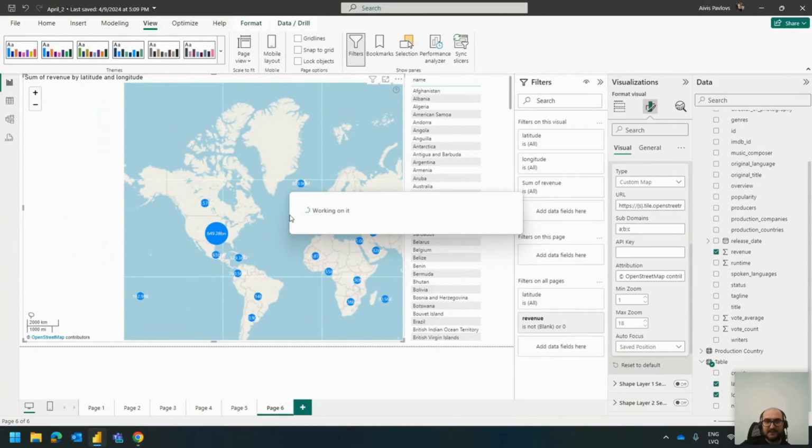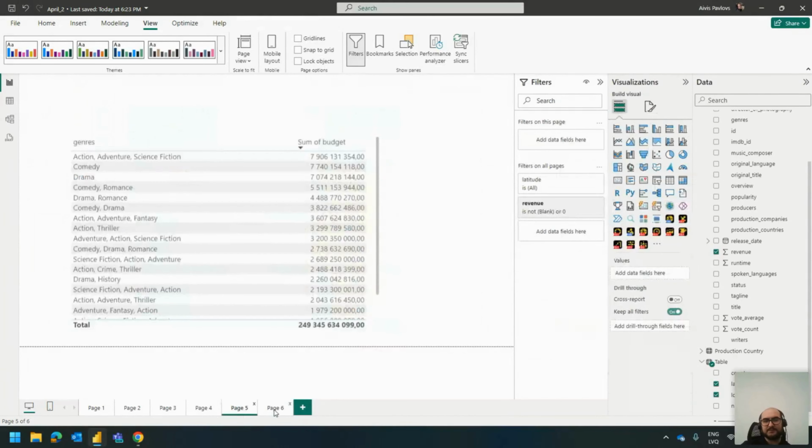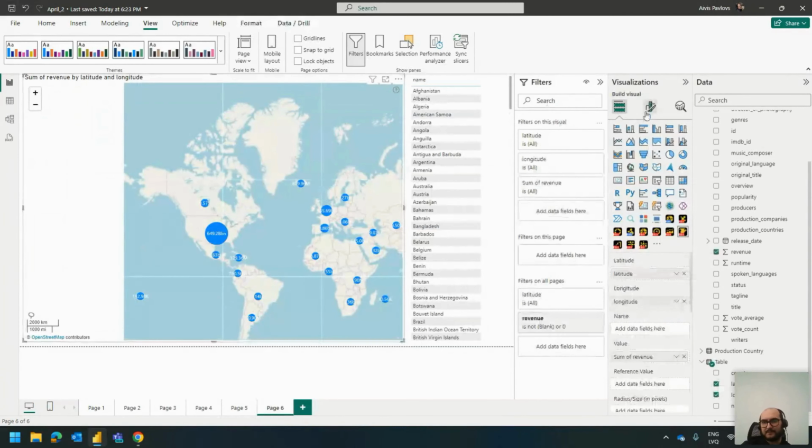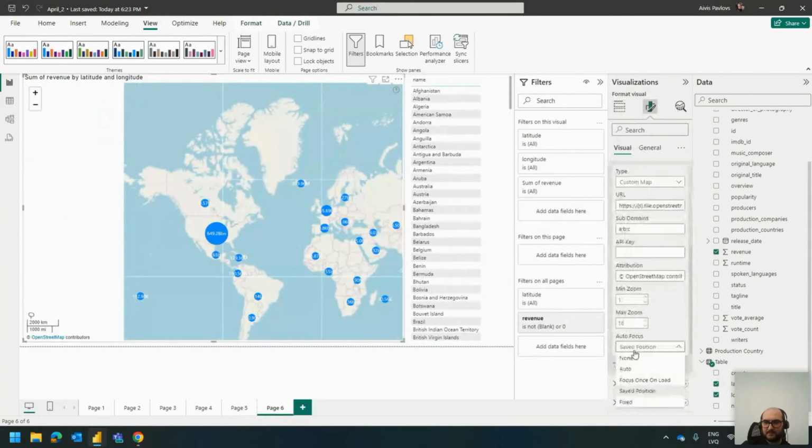Okay, in this case, it's going to take a while because I remember this data set. If you're using the whole of it, it's like 300 megabytes. But let it work in the back. Okay, it did work. So now when I switch between pages, you can see this is what it brings me back to. If you would just switch it back to auto